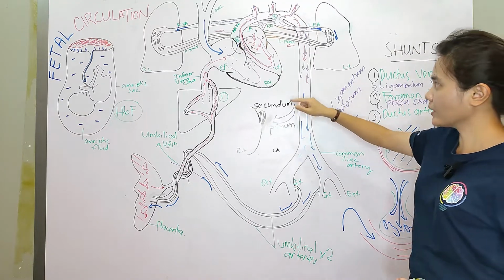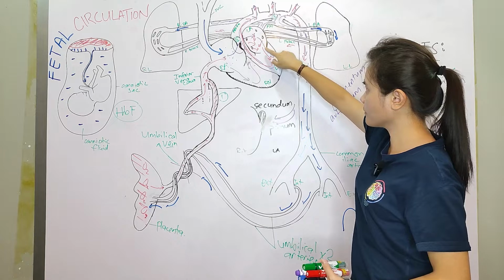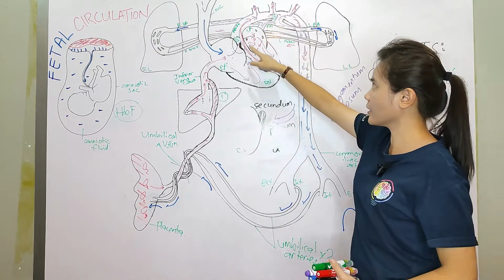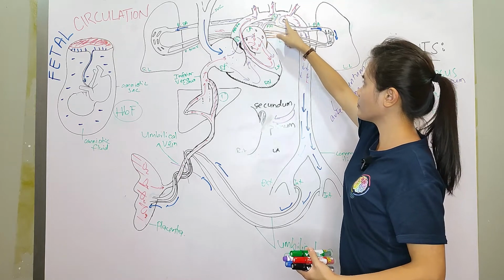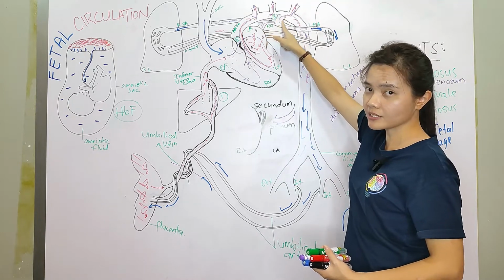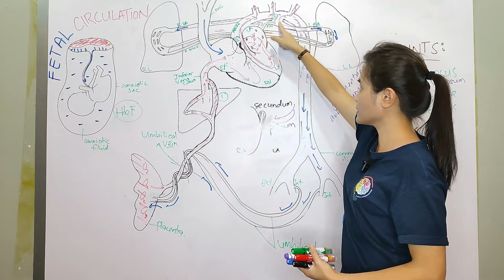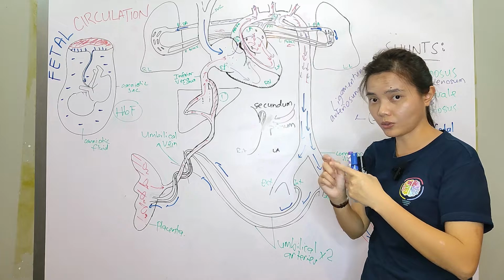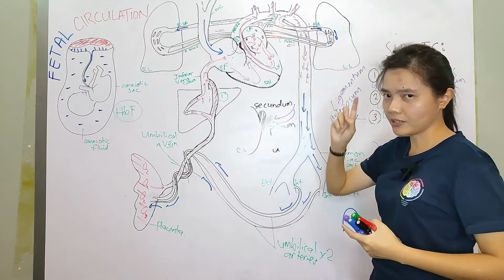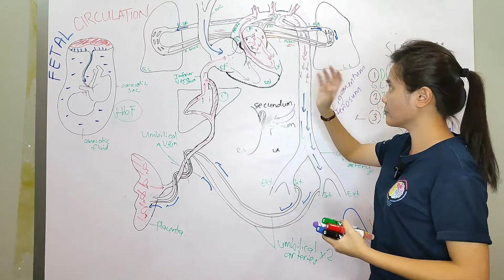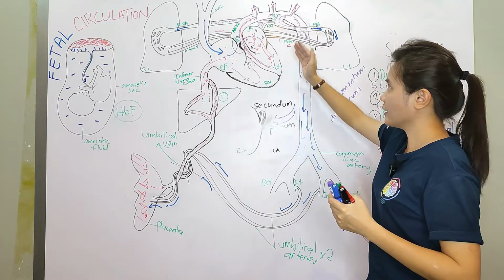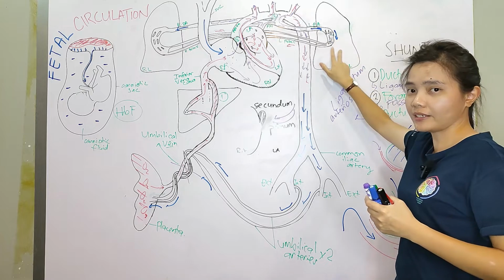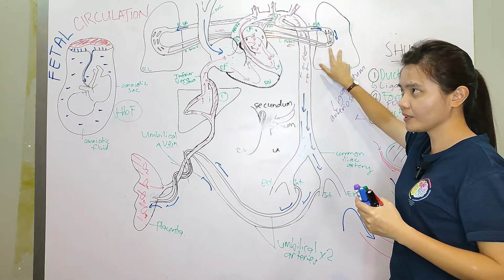All right. So now the highly oxygenated blood from the left atrium goes to the left ventricle, then is pumped to all parts of the body via the aorta, and the highly oxygenated blood gets sensed by the ductus arteriosus, and this ductus arteriosus senses the high oxygen concentration and closes, right? So it must be closed within 3 days after birth, must. If not, the blood from the aorta will enter the pulmonary artery and overload the lungs and cause more problems,